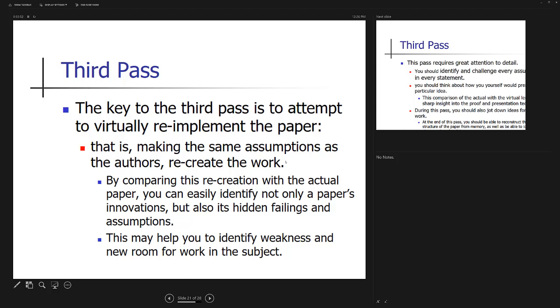Now you may understand what I meant by the core problem. This is the hint for what I say when I say narrow down the core problem. What is the problem you are working on? Now you know this was the main theme of the paper, this was the technique, this was the main contribution, or this was the main objective.